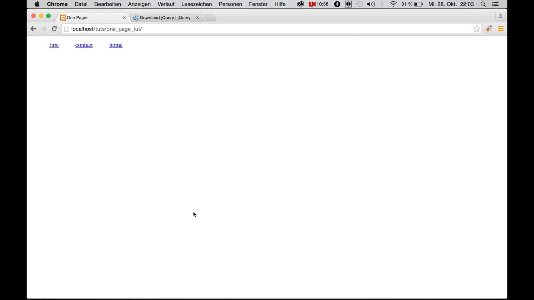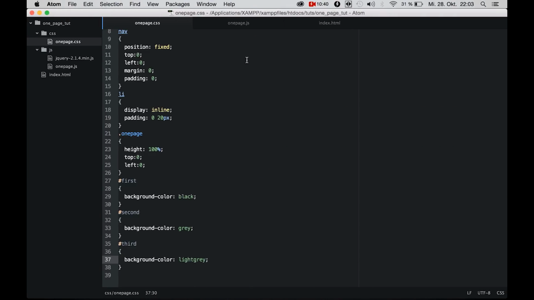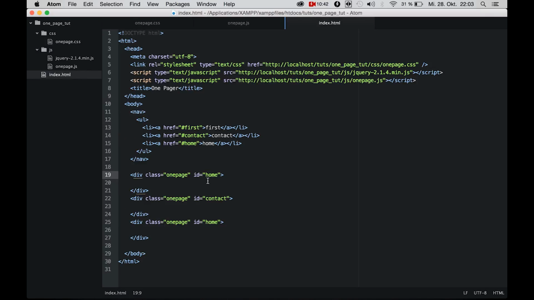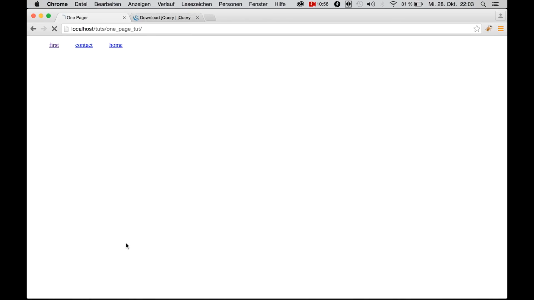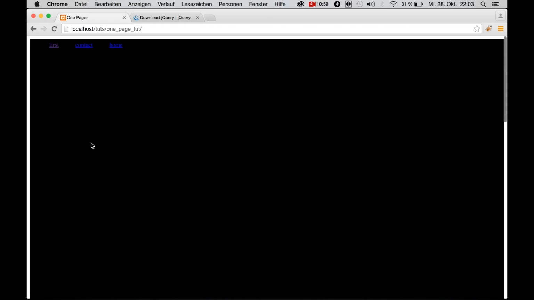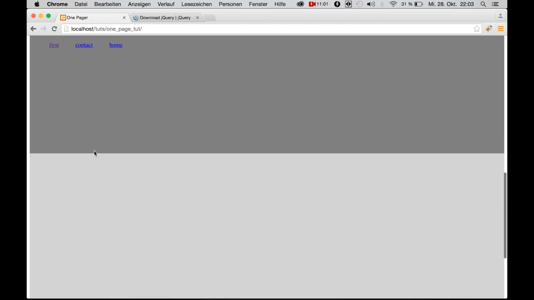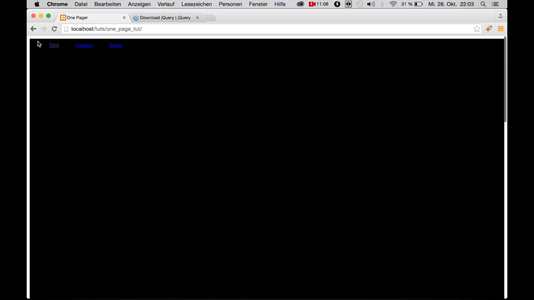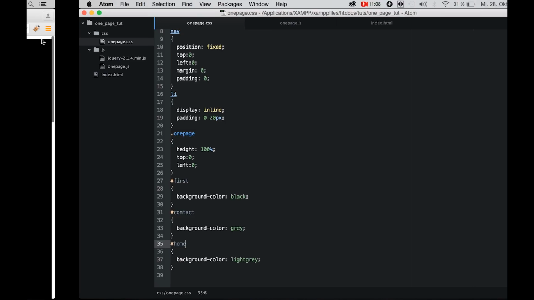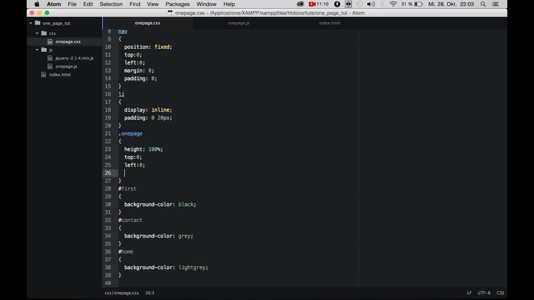come on, home contact, oh, we call them first contact and home. Okay, so we have first contact and home, and as you see, we have an offset of 20 pixels on the left and on the top. It's a margin, so we're going to